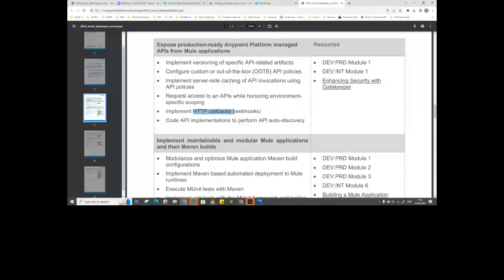Callbacks are something that is being used in the asynchronous messaging, right? So, what is asynchronous messaging? In asynchronous messaging, you send a message, but you cannot expect to get a response instantly. Synchronous is you send a message and you immediately will get a response. Okay, to and fro. But in asynchronous, you send a message and you cannot expect a response to be provided to you at an instant.